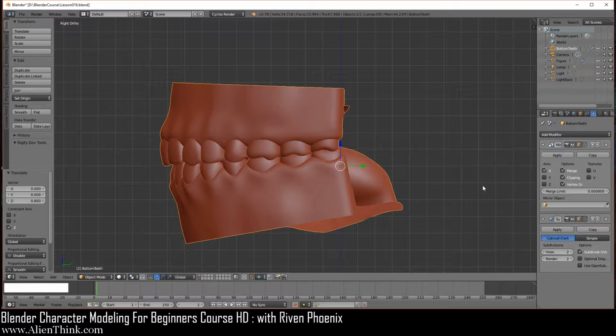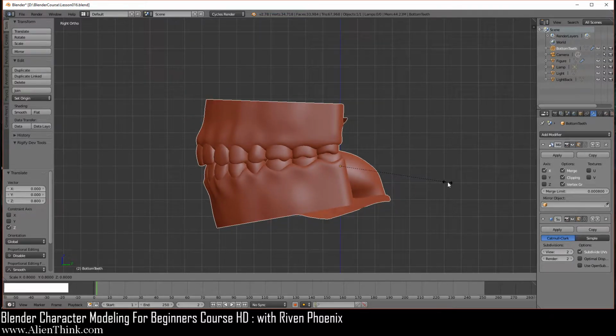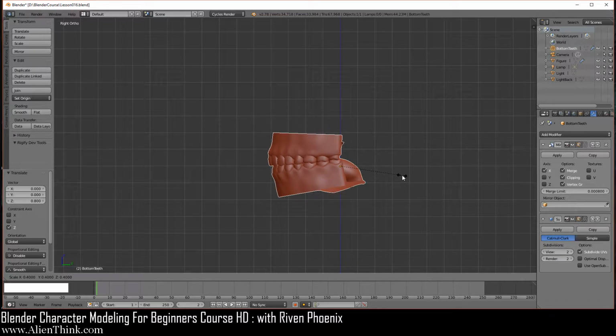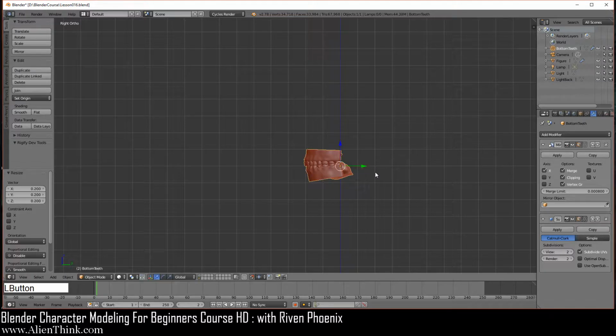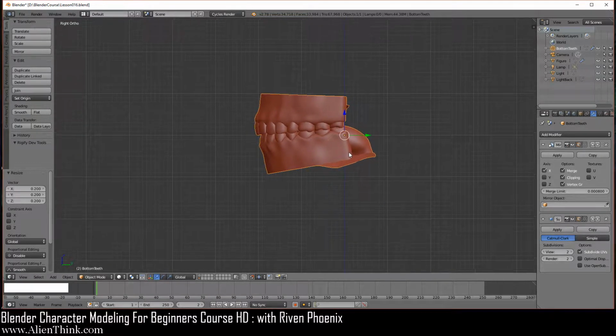So we're going to press the S key to scale this and we're going to do this 8 nudges. So I'm going to move my mouse about here, press the S key to scale and come in 1, 2, 3, 4, 5, 6, 7, and then 8, and then left click to confirm. Then I'm going to zoom in, shift middle mouse button to bring it over here.